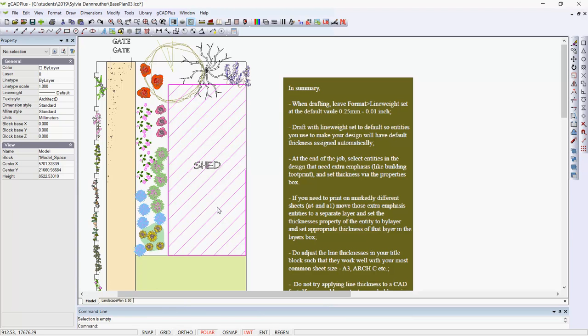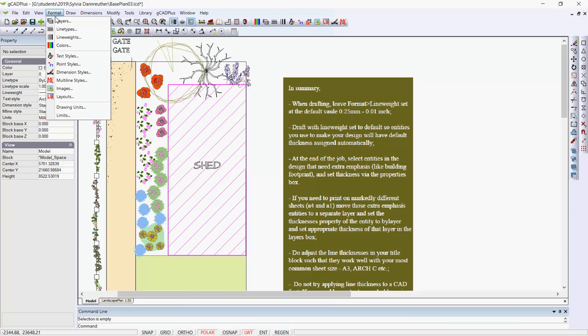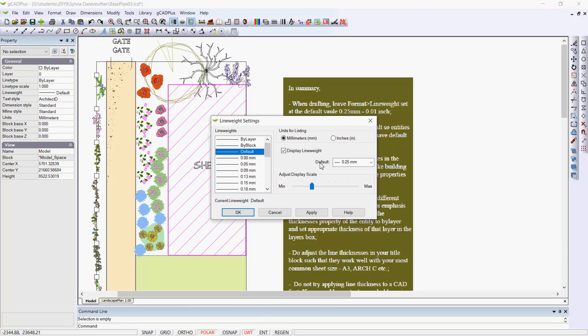Well, one of our users has asked for some help on line weights. What I've done here is put the little summary from our user guide. So we suggest that when drafting, leave in the properties box format line weight set to the default value. So line weight over here, if you look in the box, is set to default. So if we go format line weight, you can see here our default value is 0.25 of a millimetre, or